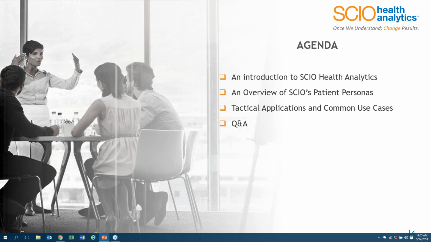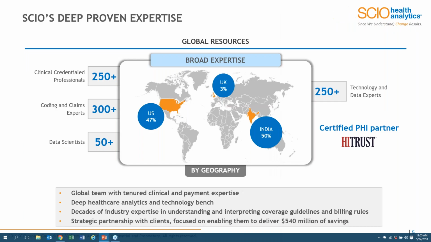A little bit of a backgrounder on SCIO. Again, I'll be brief. We are headquartered in West Hartford, Connecticut. We are 10 years old. We have a global footprint, with roughly 1,100 employees globally. 50% of those sit in a beautiful office in Chennai, India. The other 47 or 48% of them sit here in the U.S. through 5 locations scattered across the U.S. And we have a small office outside of London in Slough. Exciting place to visit every once in a while.